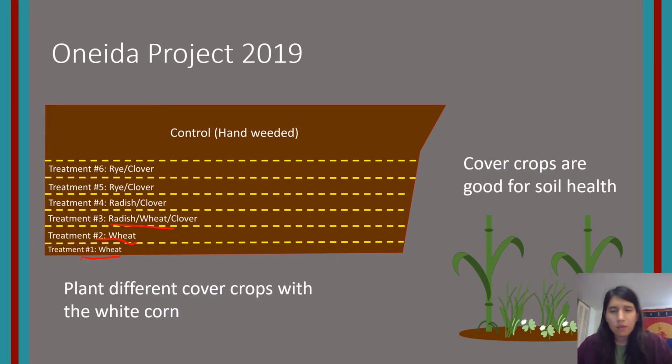However, to reduce tillage, to reduce these methods of interfering with soil, growers are looking more at no-till and reduced tillage practices. And this one right here is interseeding the cover crops in between the corn, just planting right into it, which is something the white corn group was interested in looking at more. So that's what we did with these different cover crop combinations going in between the corn plants. So you have a really diverse plant mixture during the growing season.